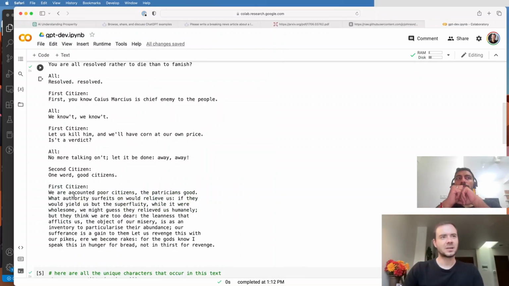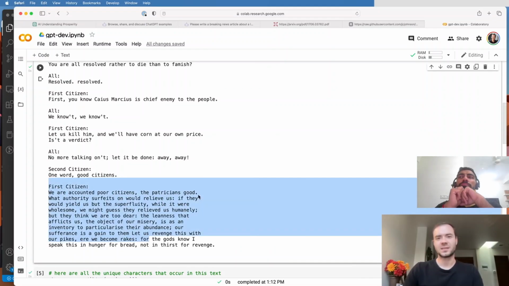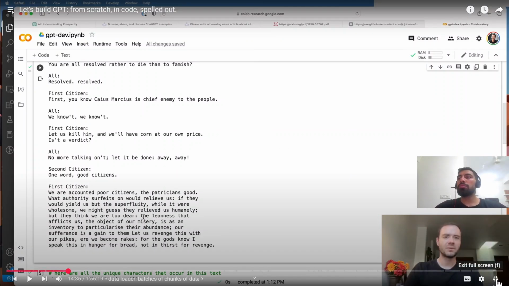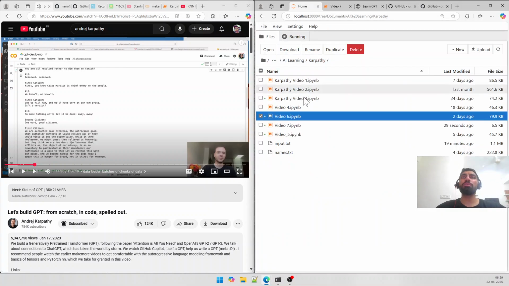Okay, so now we would like to start plugging these text sequences, or integer sequences, into the transformer so that it can train and learn those patterns. Now, the important thing to check is